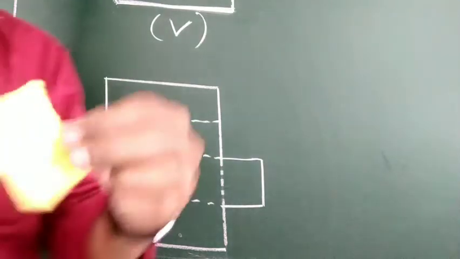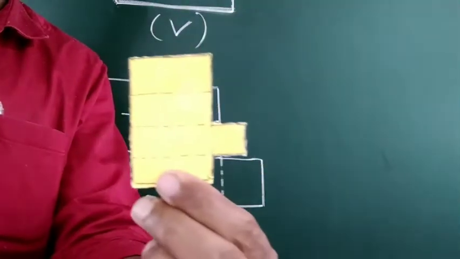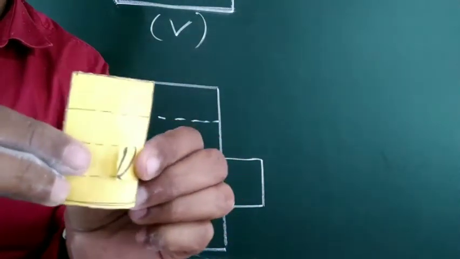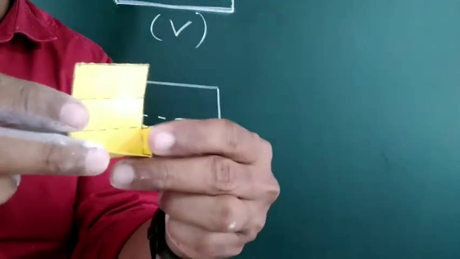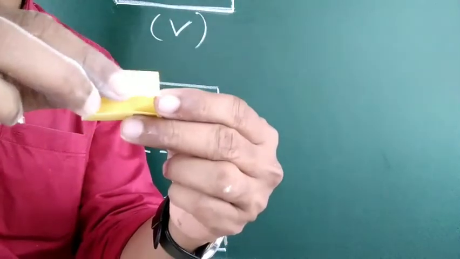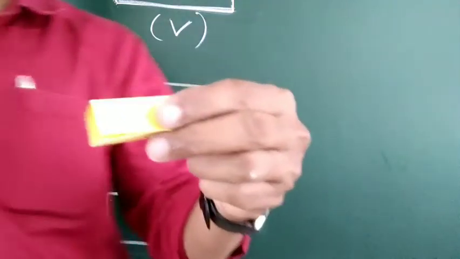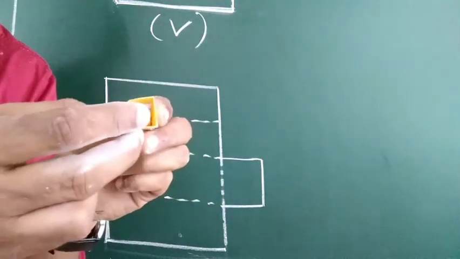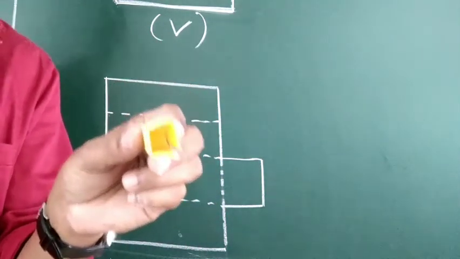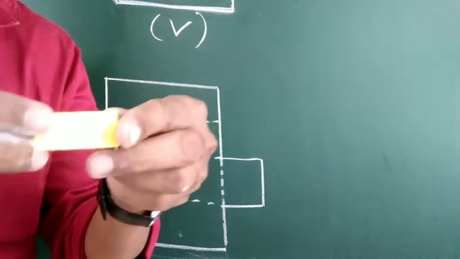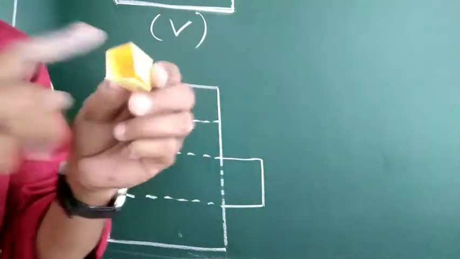So see, this is your design now. Now try to fold here. See, this is one fold, like this 2, then 3, 4 and 5. So it is changing like this. It is changing like this. But see, one face is open here. One face is open here, which means it is changing into a box with one face open, not complete 6 faces.